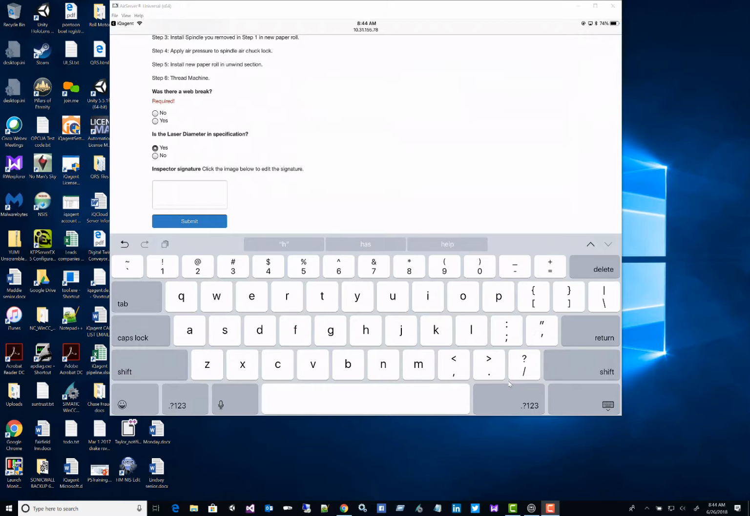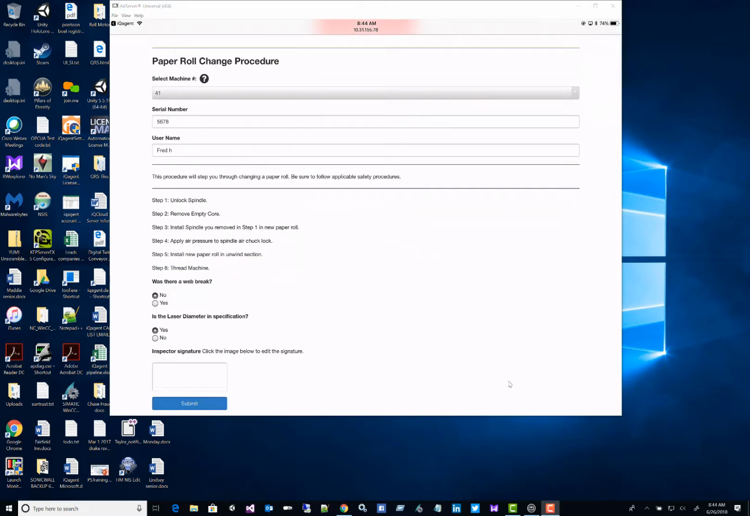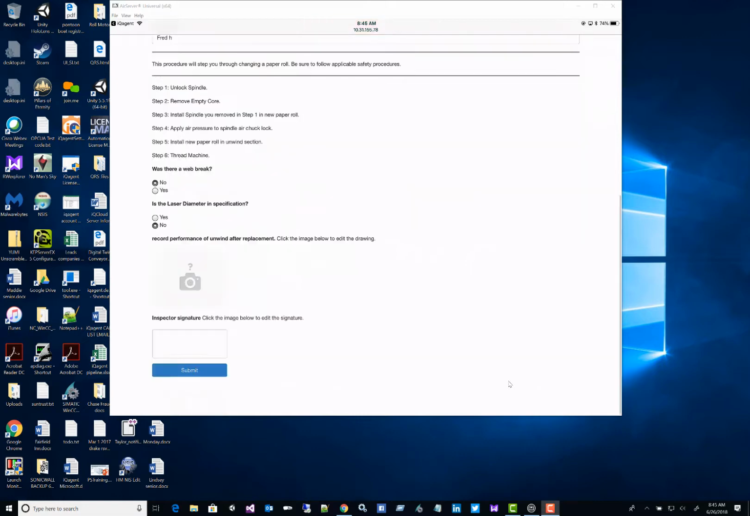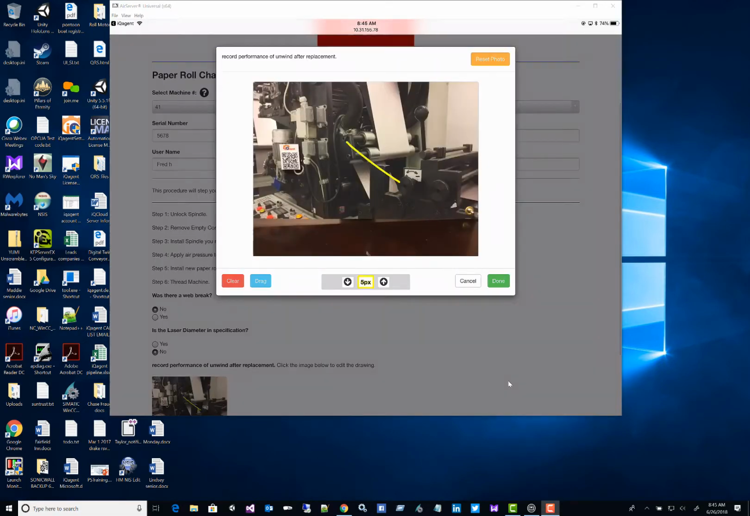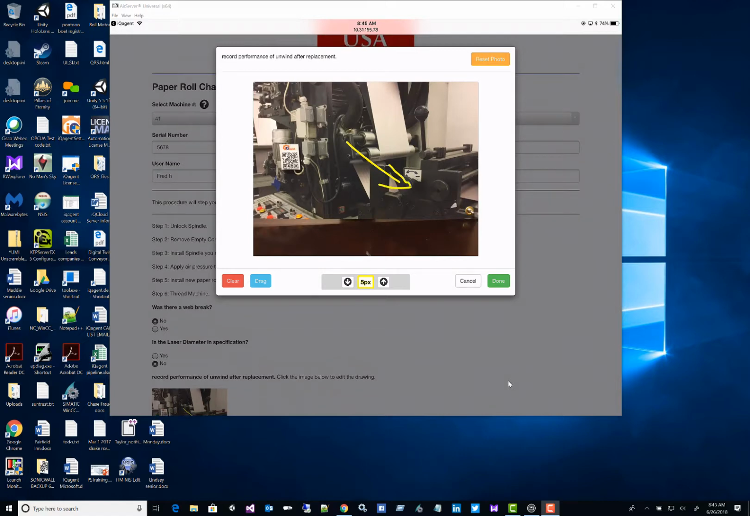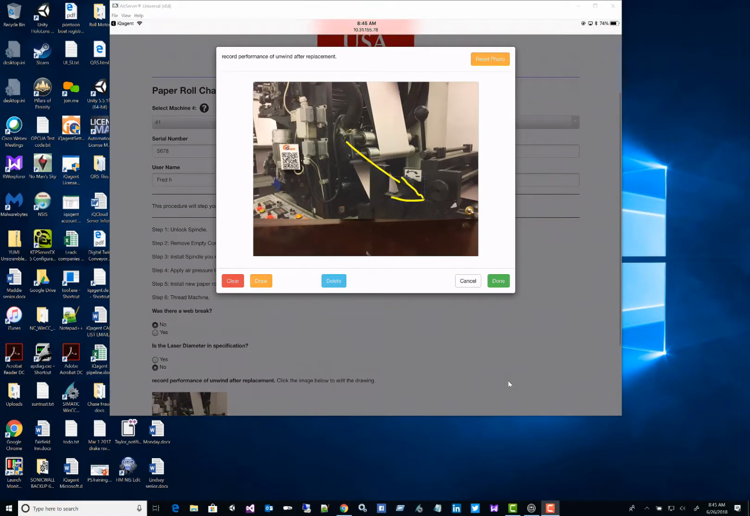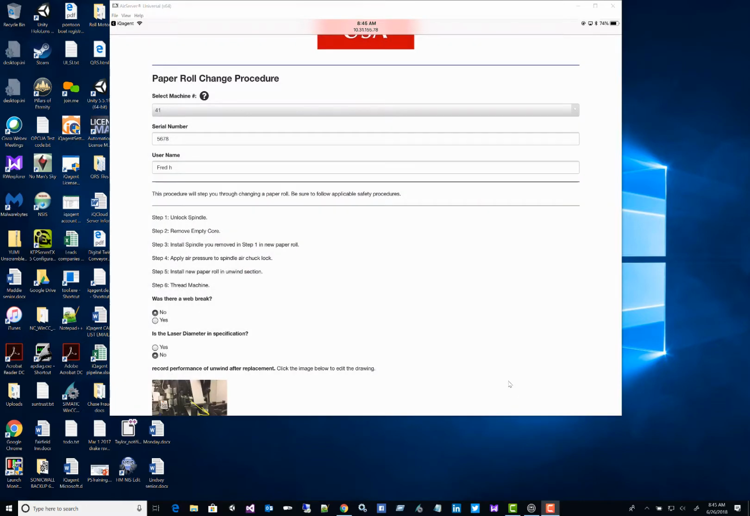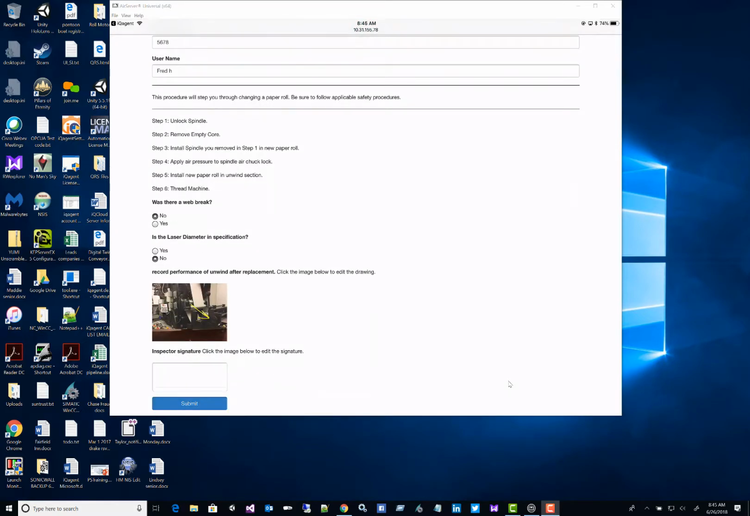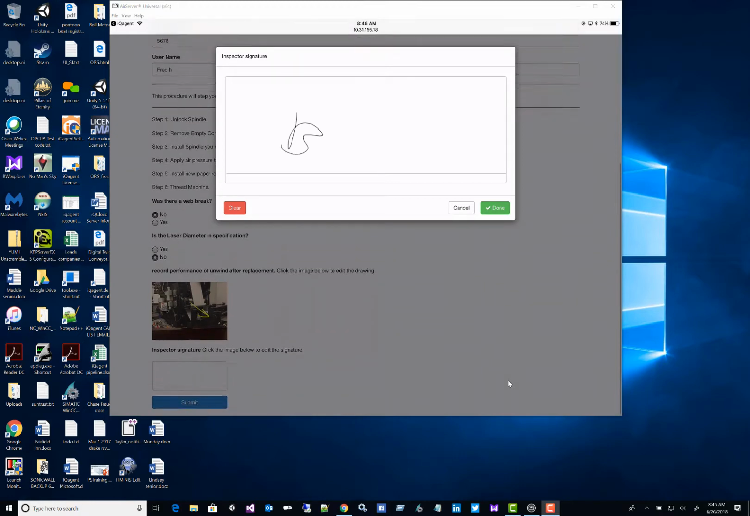Another feature of our Forms app is workflow. So based on the answers that they give in previous things, we can decide what to show. On the is laser diameter and specification, if we choose no, then it adds another control and prompts us to take a picture, and we can annotate directly on the form. We can move components around if we want, and then just click done and it adds it directly. And of course we can sign with our finger